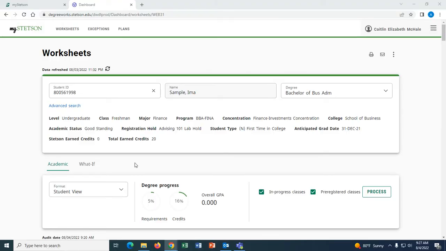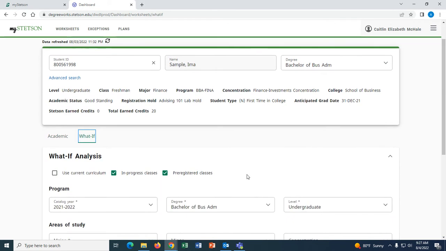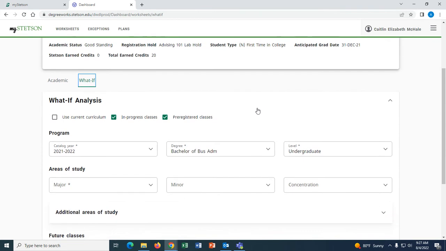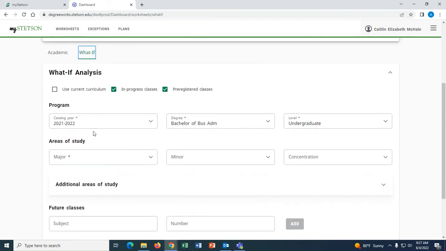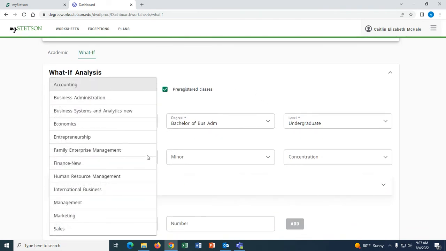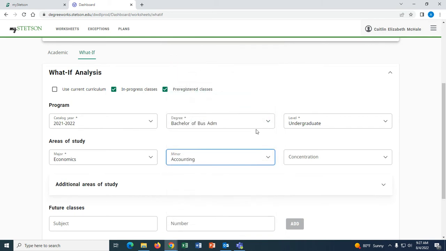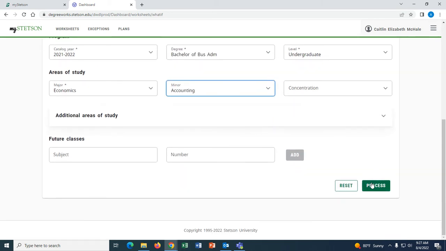Another tool that is part of Degree Audit can be found if you come back up to the top here and click on the What If. This is a tool that can be used if you're ever considering changing your major, adding a major, or adding a minor. It'll show you what your degree audit would look like if you were to do that. So let's say, for example, this person wanted to change their major to economics with a minor in accounting. You could hit process here,